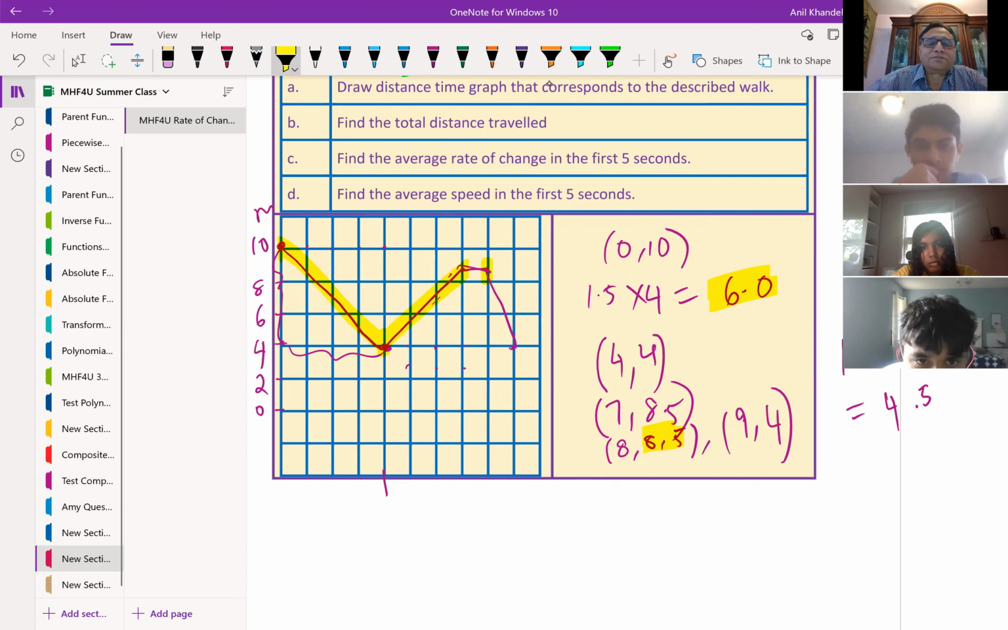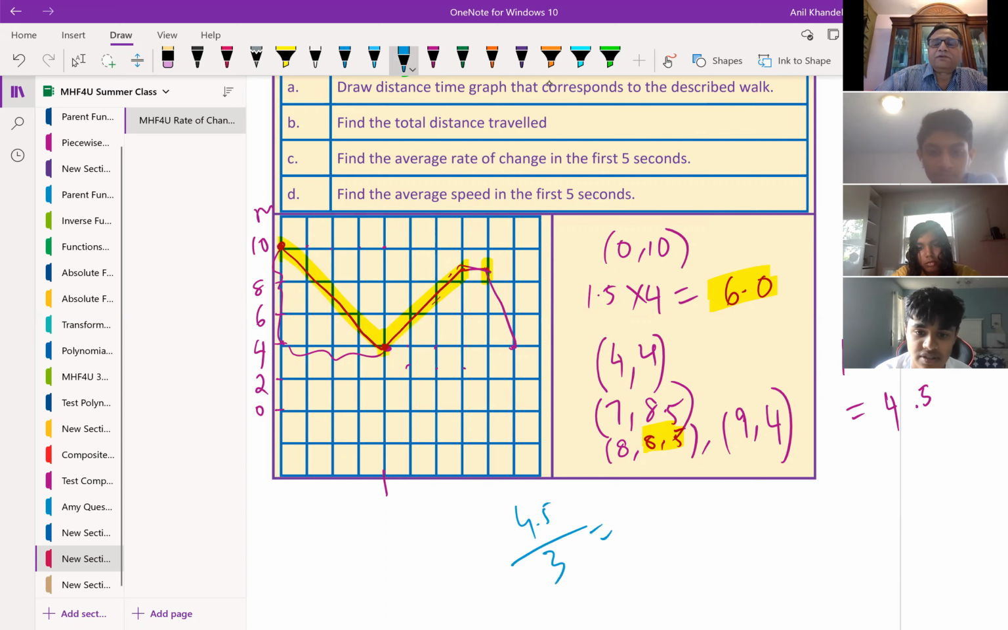The scale is 2 units. Rise is 2 units, right? So he's going to walk for 3 seconds at an average rate of 4.5 towards the sensor. So divide 4.5 by 3, and you'll get 1.5 meters per second. So he's going to walk at an average rate of 1.5 meters per second for 3 seconds,